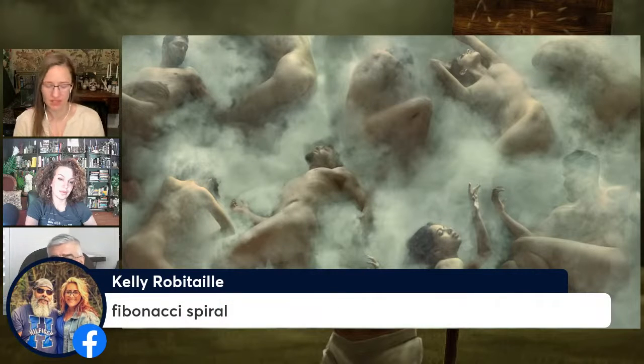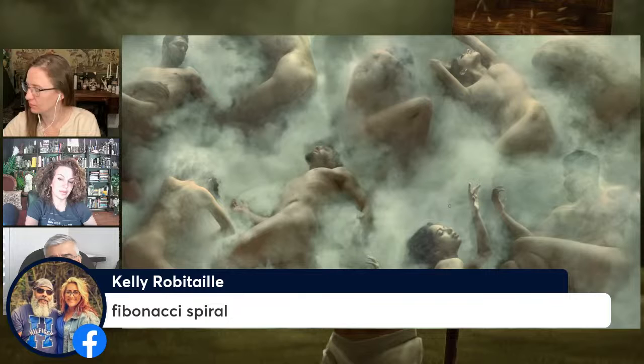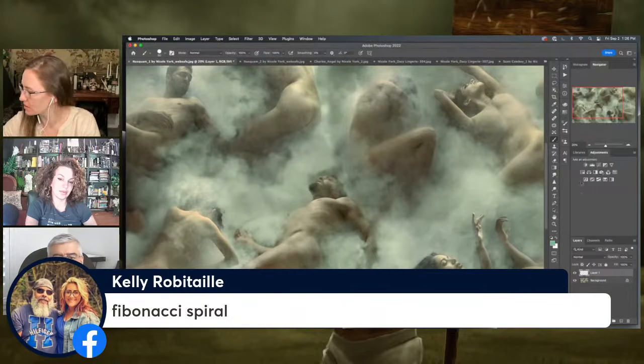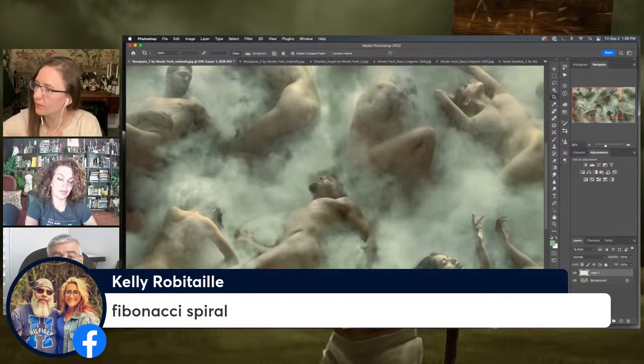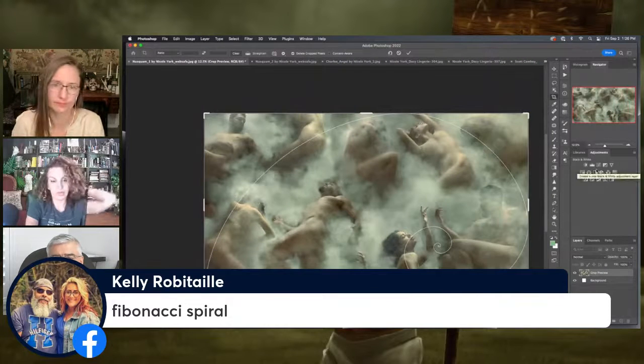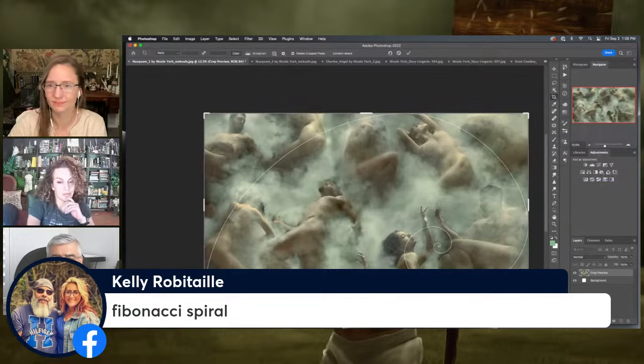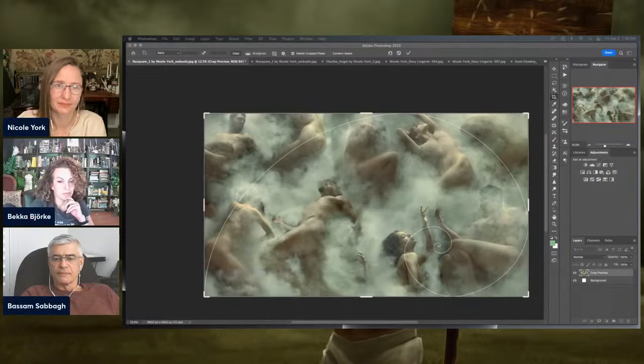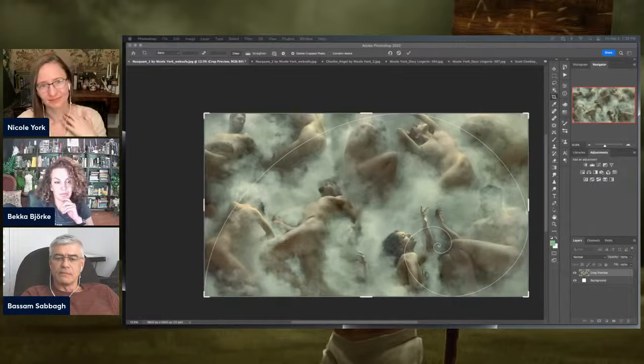Kelly picking up Fibonacci stuff. Okay, let's see that. Yep. Let's do this overlay real quick. Oh, she saw those two hands there in the middle. Two arms. So we very carefully have this happening. It was really intentionally laid out that way.